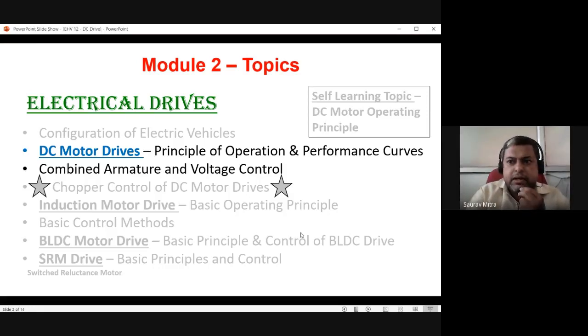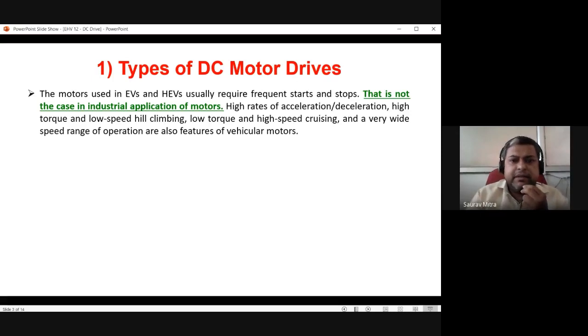Okay, so let us start with the types of DC motor drives. This is the first type of motor. Four topics only, and our module 2 will be over. The motors used in EV and HEV usually require frequent start and stop. This is the characteristic required for a vehicle drive, that is, you have to constantly start and stop the vehicle. So the motor also has to be started and stopped at very regular intervals,